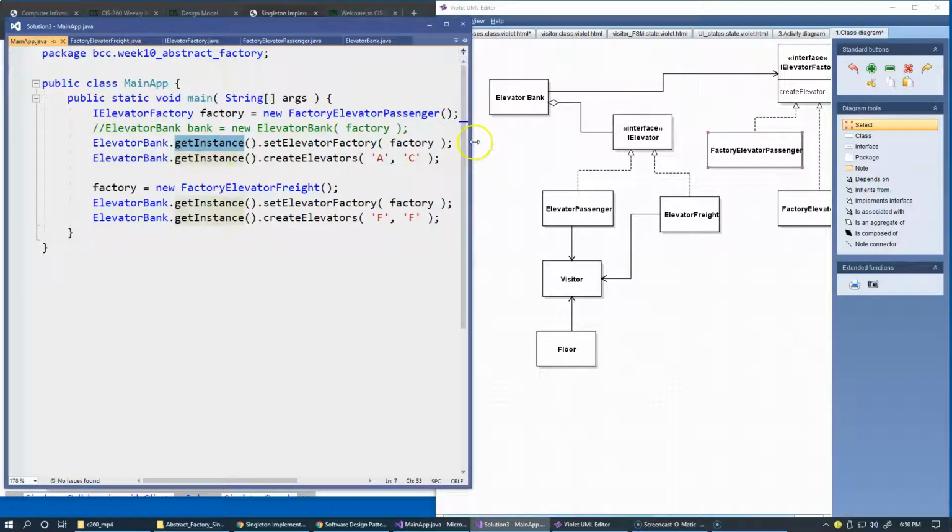And so the rest of the system will be talking to this object, the only instance in the entire application, the only copy protected by the singleton design. It will be achieved by basically the entire application just accessing its functionality through elevator bank get instance. So later on we change the factory to something different, which is freight elevator, and we now create elevators also,